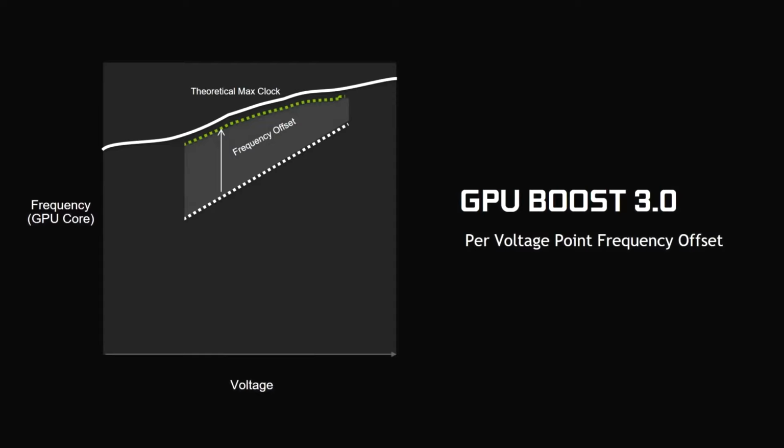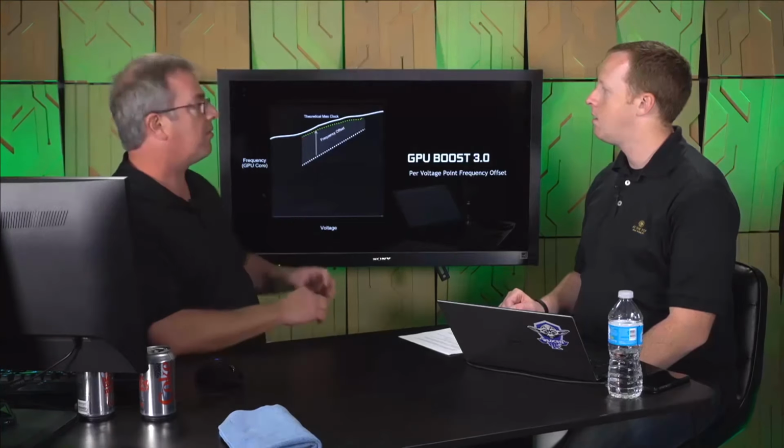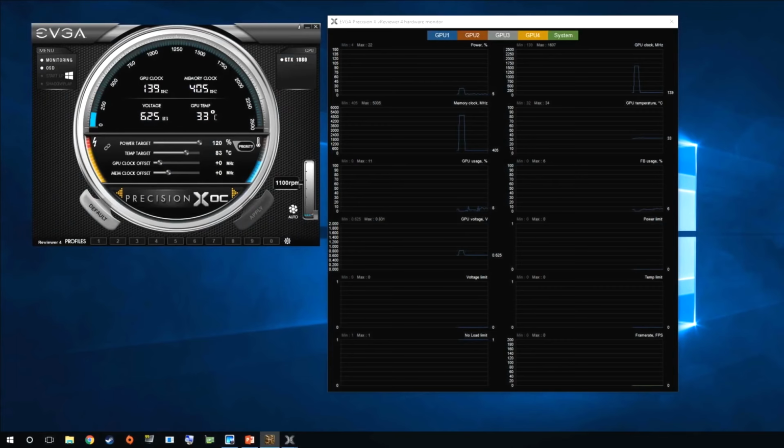What it means is that users can effectively create their own voltage frequency curve per GPU. So this is a new version of Precision that we've been working with. It implements GPU Boost 3, and it's got the power target, temp target, and the GPU clock offset. So if you slide this GPU clock offset, you're kind of doing what you've ever done. It's just like GPU Boost. You can slide it around, and you can hit apply, and all of a sudden you're going to be running